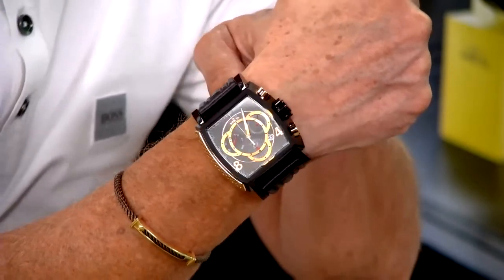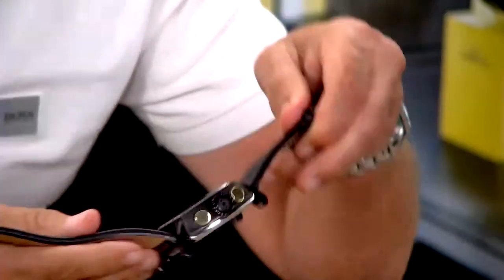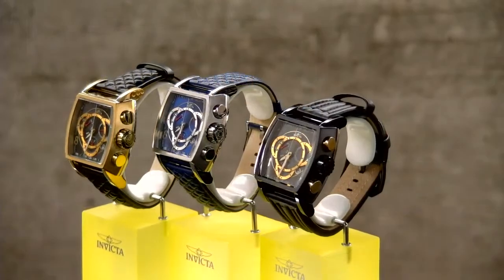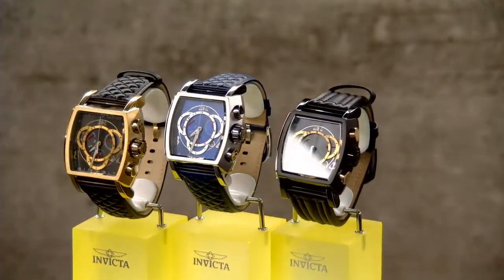Let me give you some details, guys, because although we're dealing with a square casing almost, with the tonneau shape a little bit, it's still a water-resistant watch. We managed to get this water-resistant watch to up to 100 meters even. So that's also one thing. It's always harder to build a full water-resistant square watch, and we managed to do it for this series,